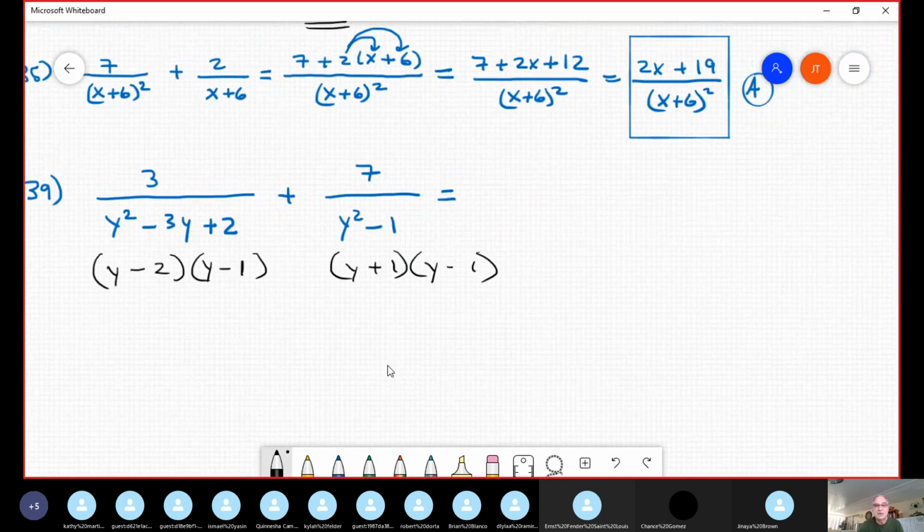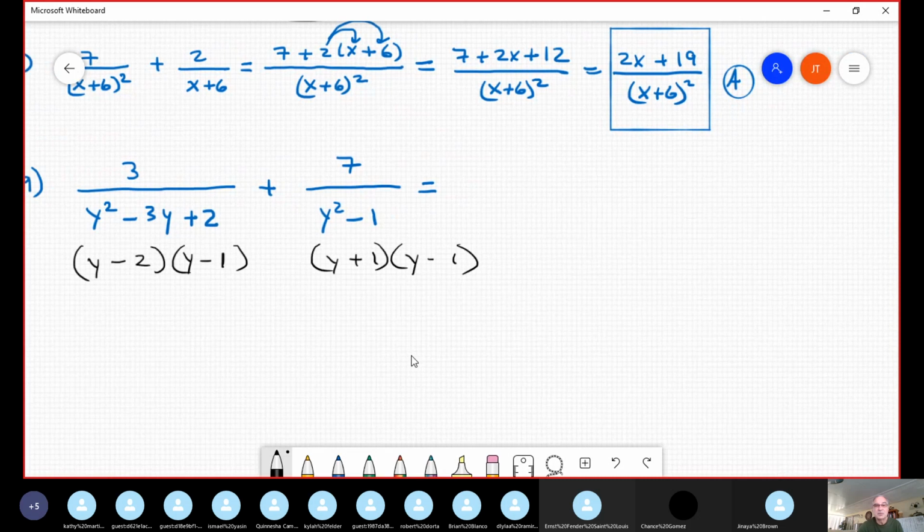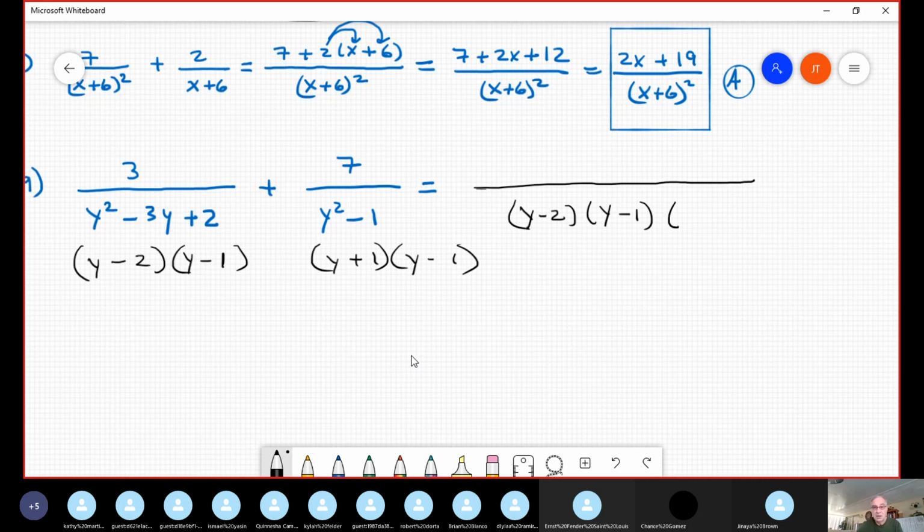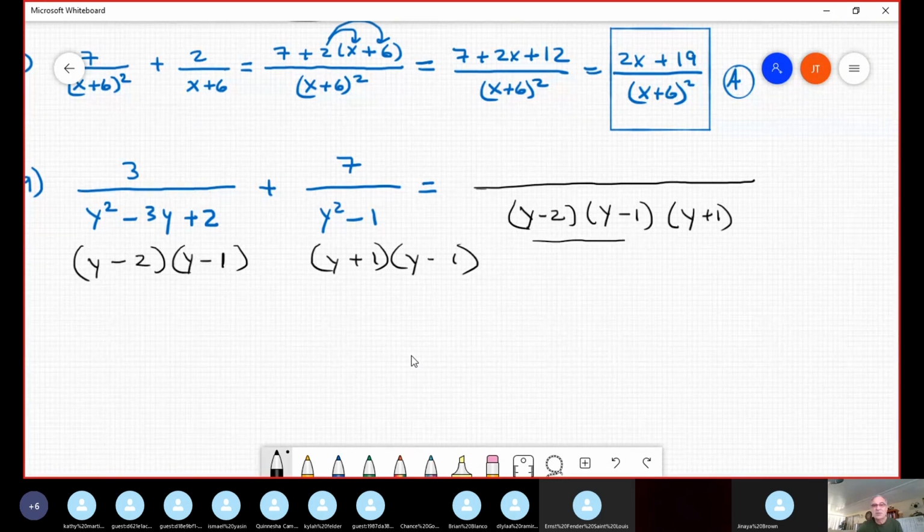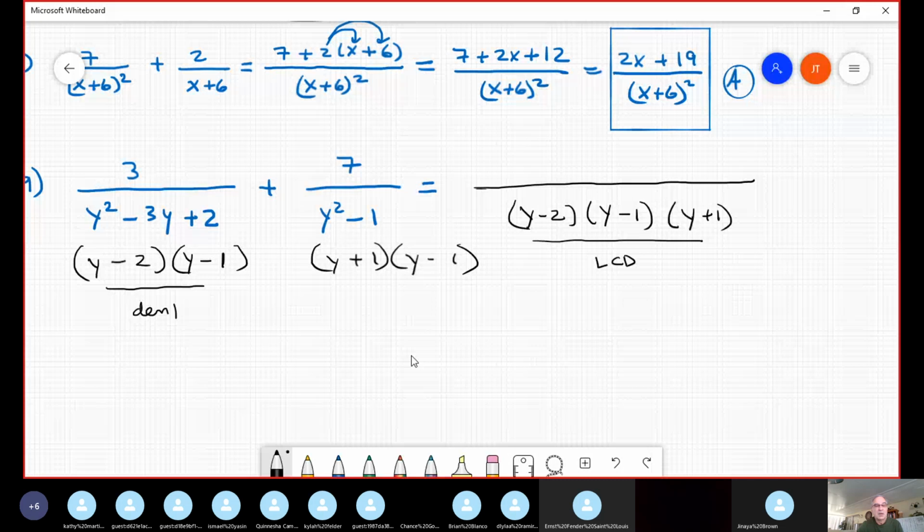What is the LCD in this case? Help me, please be careful. It's confusing. (y minus 2), (y minus 1), (y plus 1). We're going to take only one y minus 1. Super. This is excellent. When you divide our least common denominator by this denominator 1,